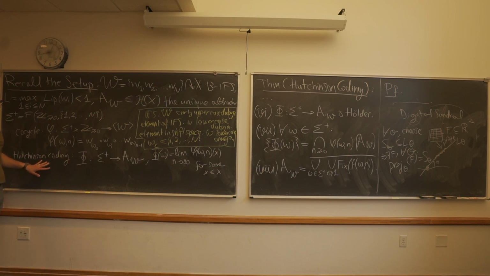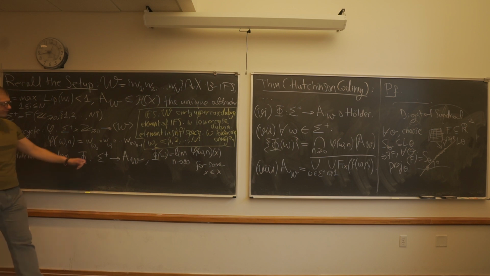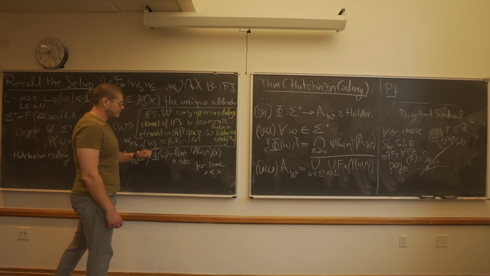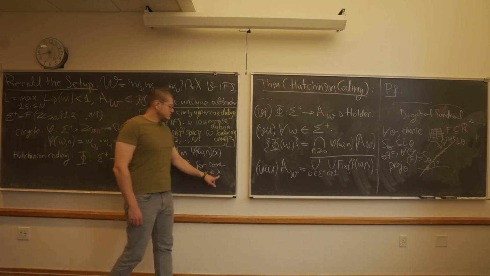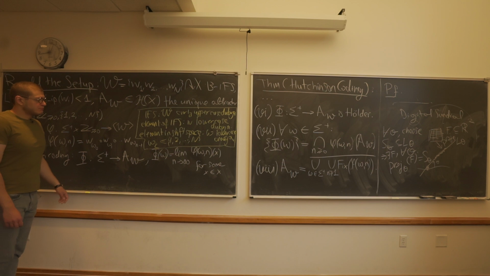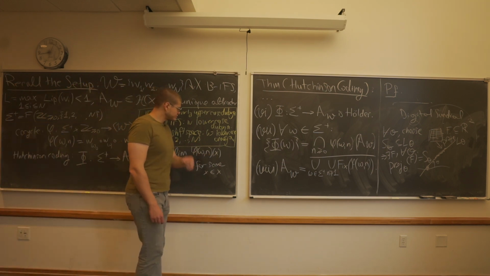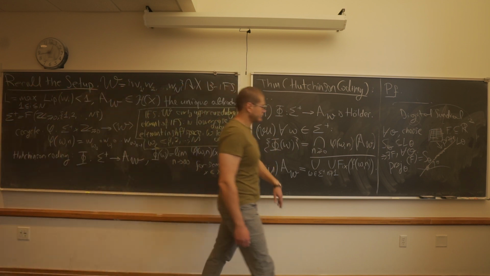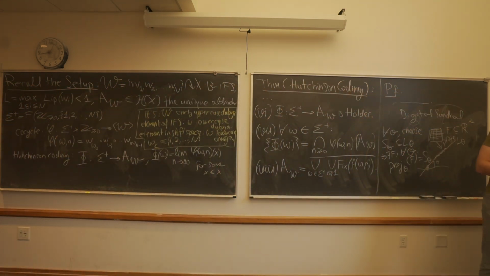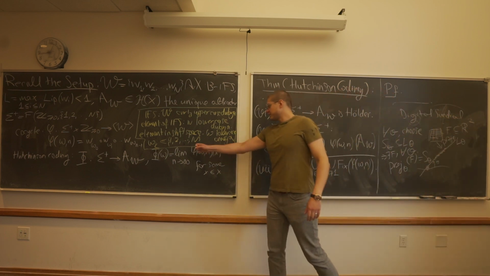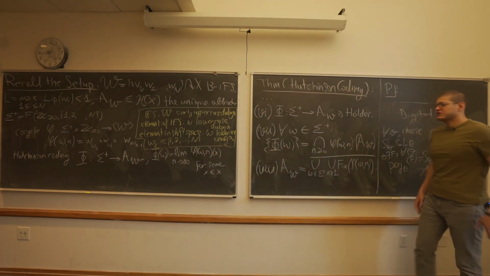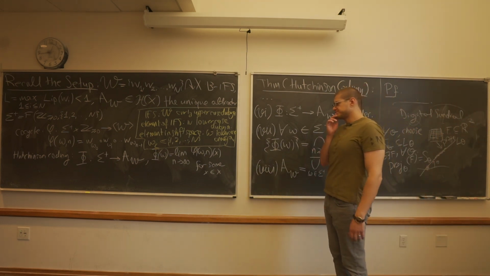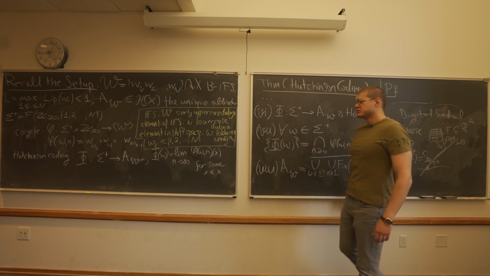And then we were discussing this Hutchinson coding map, uppercase phi, going from shift space to the attractor, which is defined like this. You take a sequence, you take any initial condition, lowercase x, and then you apply your cocycle to this initial condition, and then you take n to infinity. We showed last time, as part of this Hutchinson coding theorem, that this limit exists. It doesn't depend on the initial condition x. This convergence is uniform when you're restricting your x to be on a compact set and so on. A bunch of different things. Any questions about this so far?